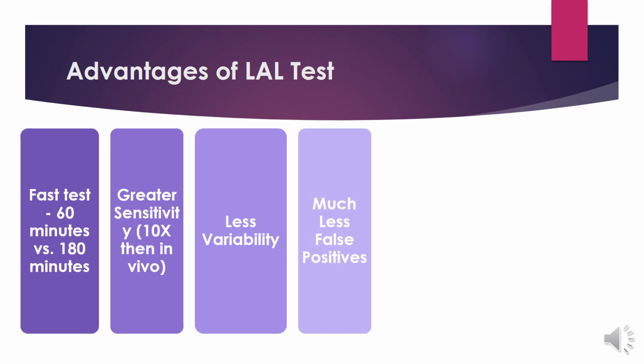Rabbit tests may provide many false positive results, because injection trauma or any sort of environmental trauma may cause an increase in the temperature of the rabbits, so they may provide a false positive result. This chance is less with the LAL test. Much fewer false positive results are there, meaning more exact results are obtained as compared to the rabbit test.